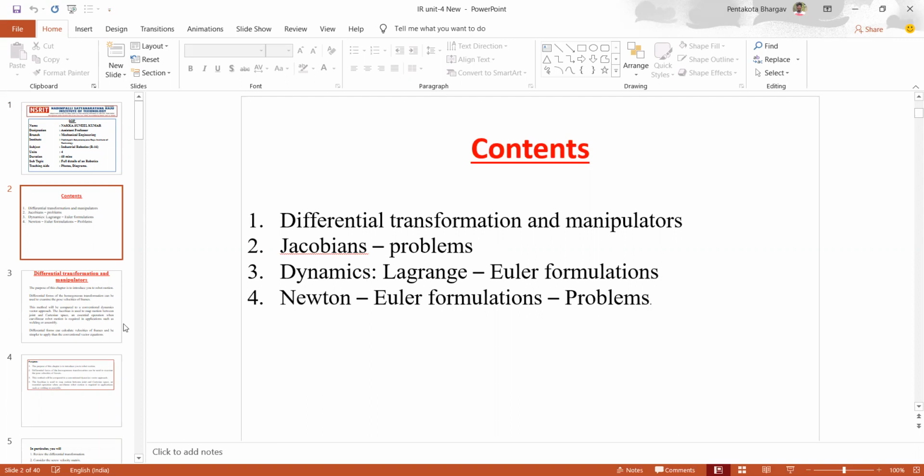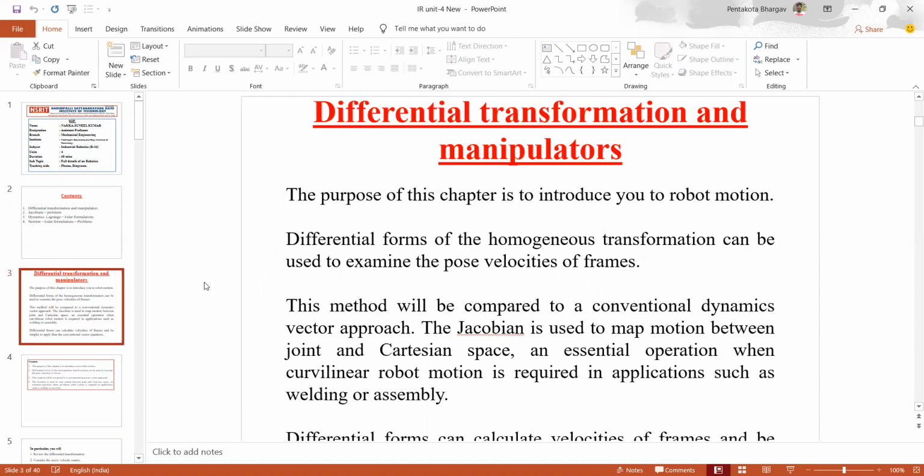Next, what is dynamics? Dynamics is the moving position in the two formulation methods. One is Lagrange and Euler, and the second one is Newton and Euler. Okay, next you can go to the differential transformation. The differential transformation, 1 minute. Okay, the differential transformation means